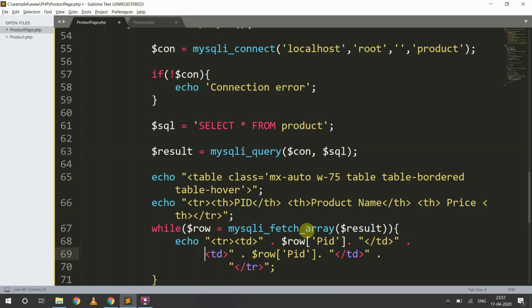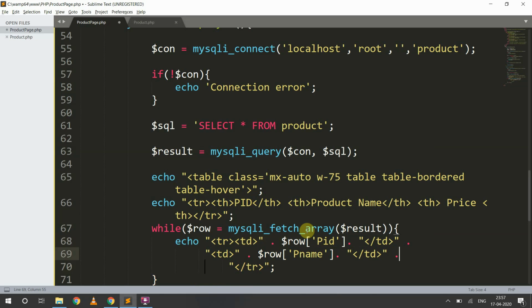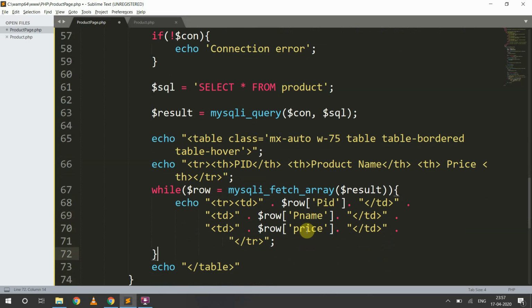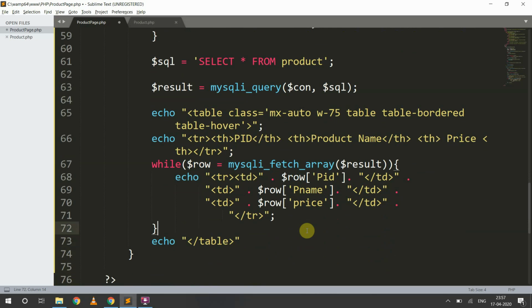This will fetch the name, and one more to fetch the price. All these records will be fetched from the database table, and then we will display them here in the HTML table. So once all records are fetched successfully, here we will complete our table.